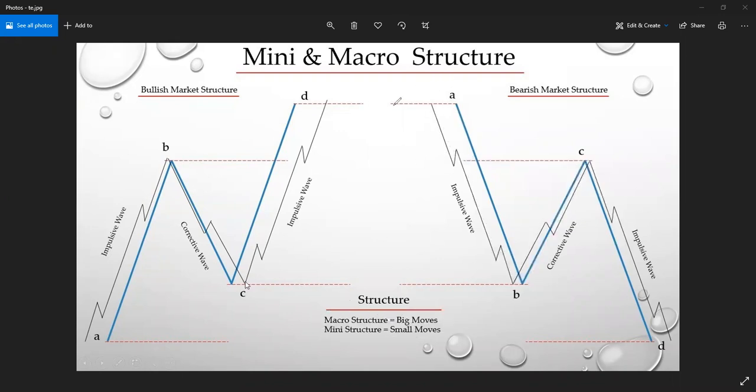So okay, this is a bearish market. This is a micro move, which is the big move in the market. This big move in the market, you can see it from H4 upward. This is the correction, and this is an impulse. So that is how it is. Then we have